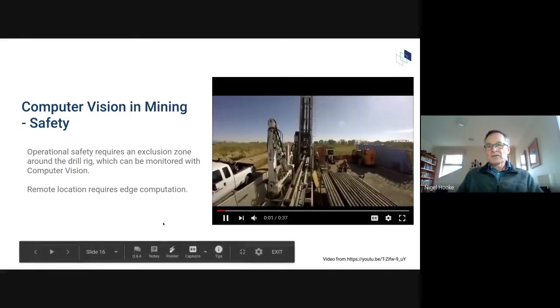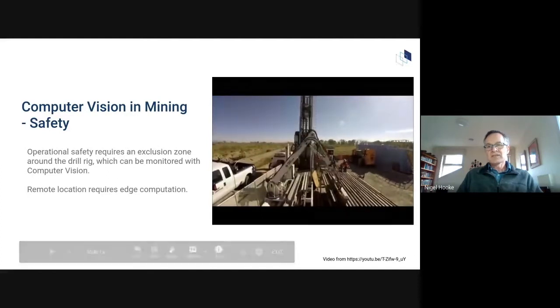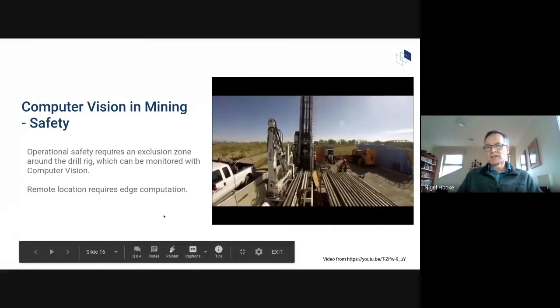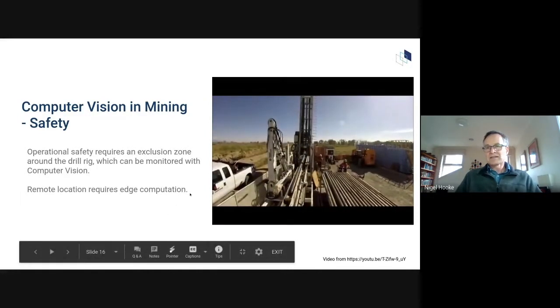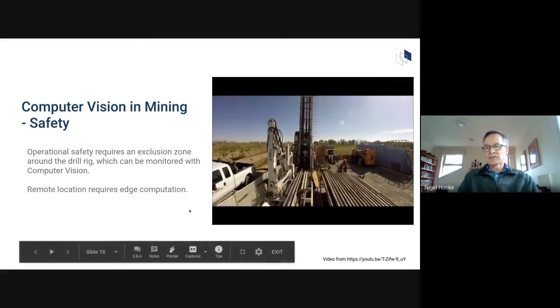So another application that we see for computer vision in mining is in safety. And here in this fast forward video, you can see a mining drill rig of the kind that produces these rock cores, one by one, extracting sections of pipe out of the ground in the background, flicking them out, laying them down flat, and then a robot arm picks them up and stacks them in order in a pile where another operator is operating that arm, and then they're going to extract the rock from the pipe.